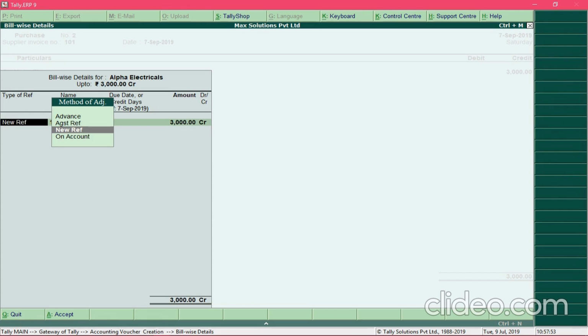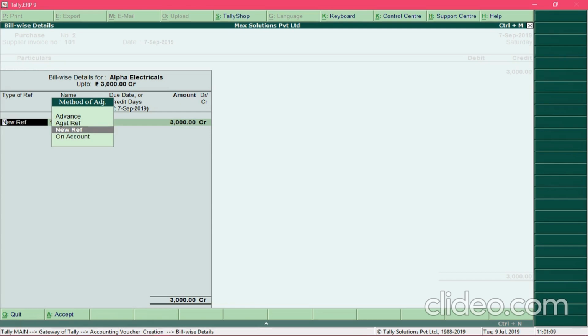Now let's enter the information over here. For every new purchase, select the type of reference as new reference. So since this purchase is unique from other purchase, therefore we need to create a new reference for it. And I will explain use of remaining options in the future transactions.